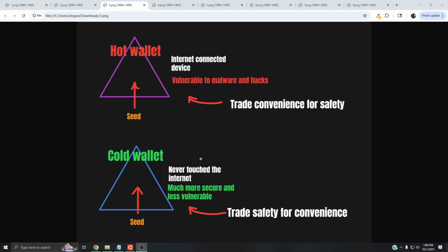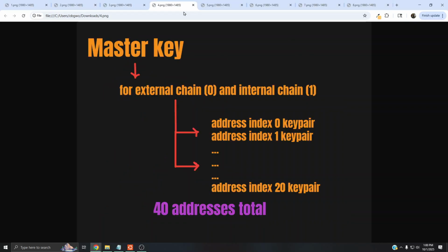And of course, Fort Knox, the application that I built, is a hot wallet. And once again, educational purposes only. Do not use it for any large amount of funds, and I'm not responsible for you losing your funds or your sats. Okay, so the next one, how we generate from a master key, this is how we look up